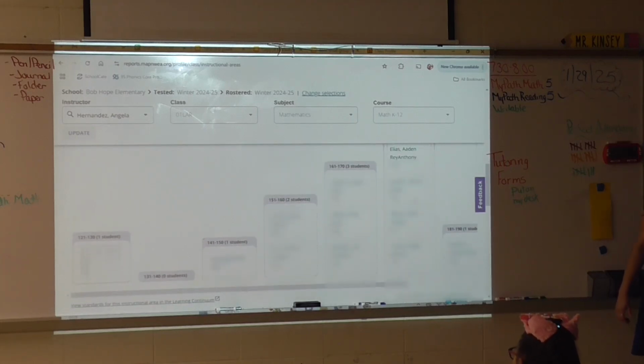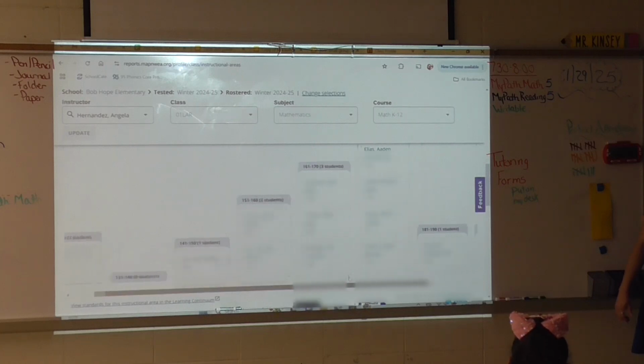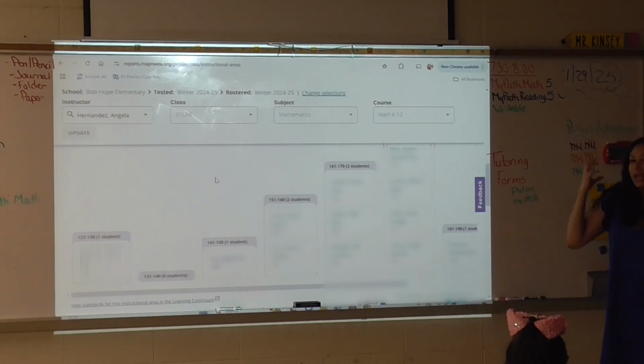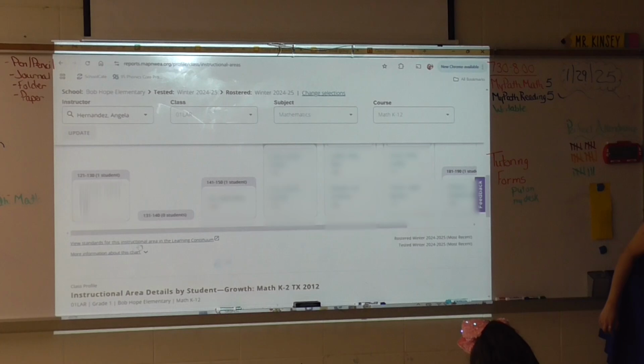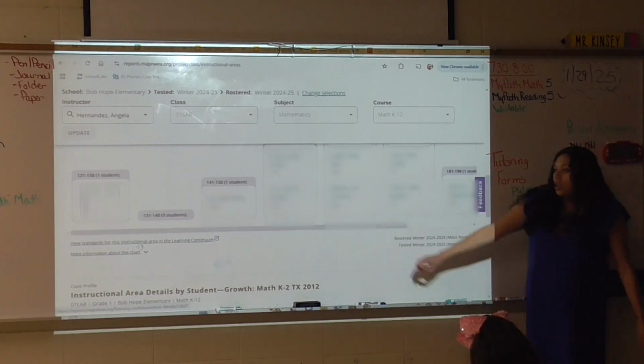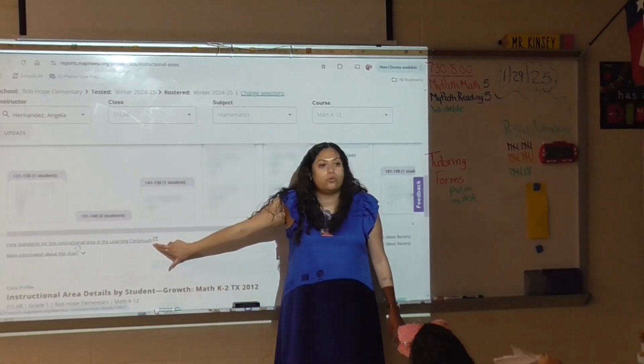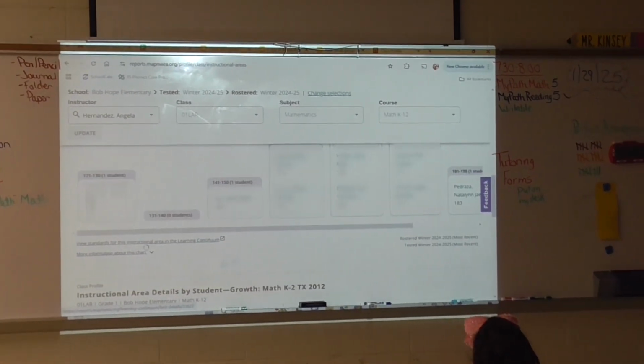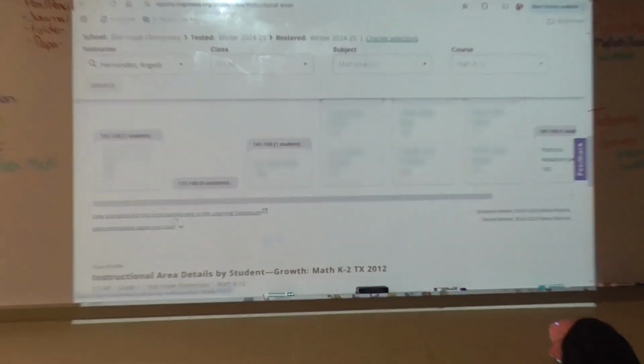Now my students are already grouped, correct? All there, I know their grade scores, but I need more. I need to focus on a specific teak, a standard, ideas of what I will teach. So I scroll down right here, under where they're grouped. You're going to get a little link that says continuum. Okay. And that continuum